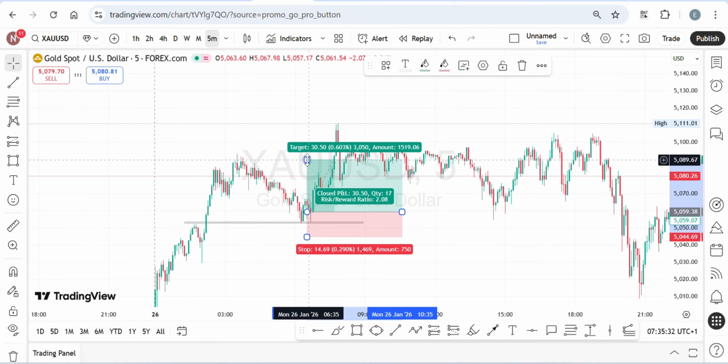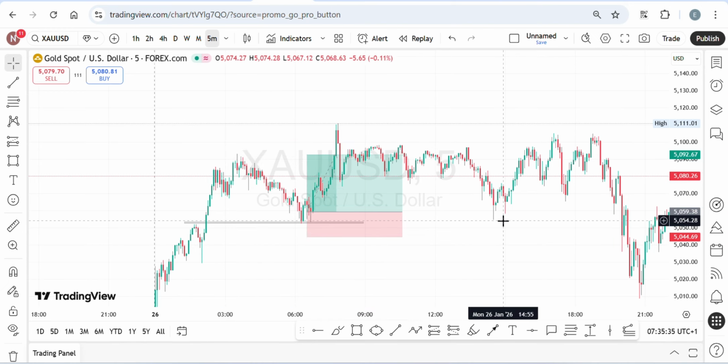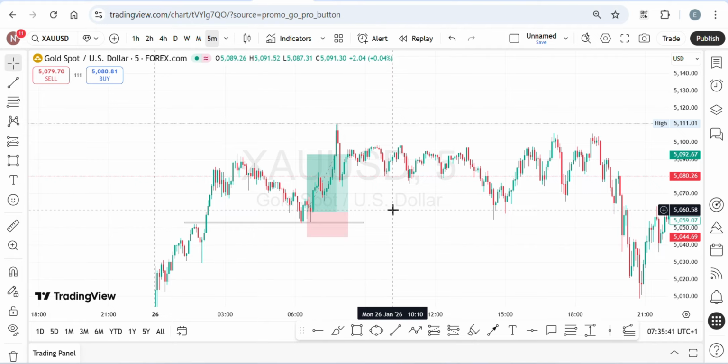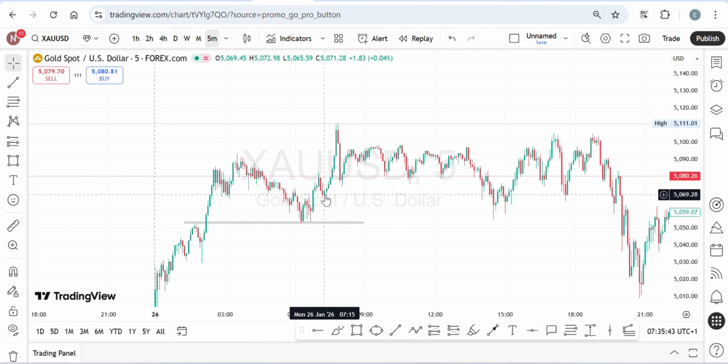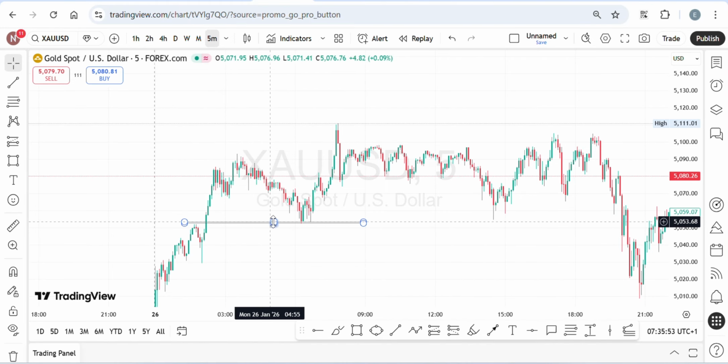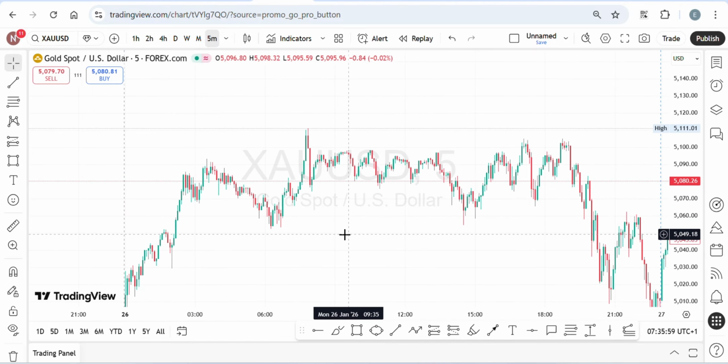But that was not how I took the position. Let me show you how I took the position. I didn't even consider this resistance turned support. I still went down to the lower time frame, the 1 minute, but I'm not going to go lower. We are going to focus on price action